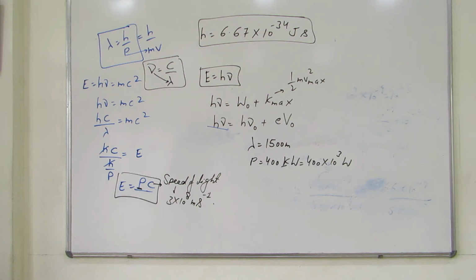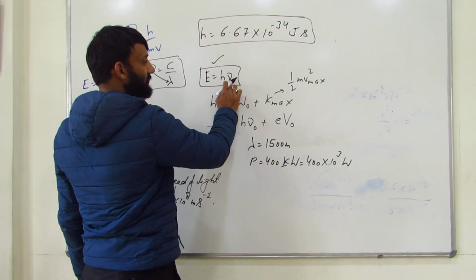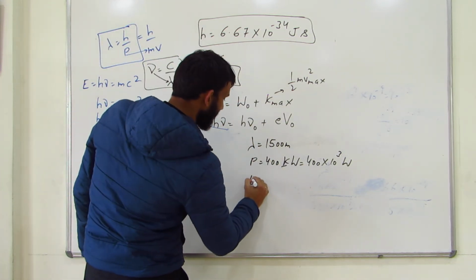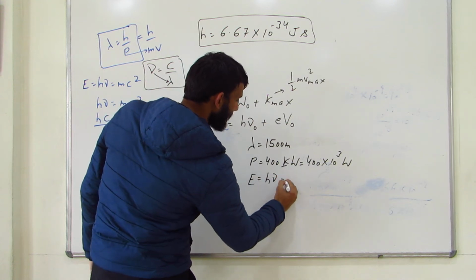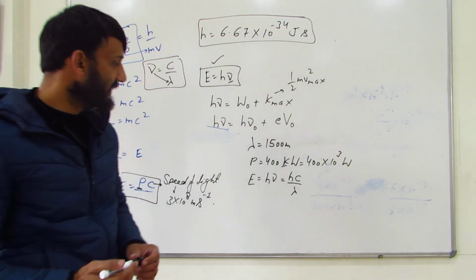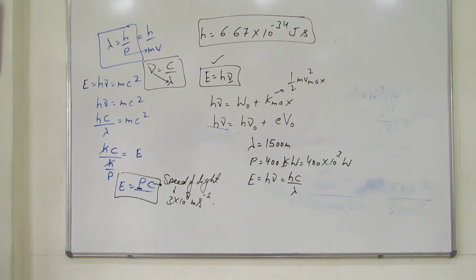And find the energy of the radio photons in joules. You have to calculate the energy of the photons. So the formula for energy of the photons is this, E is equals to h nu. As I told you, nu I can write C by lambda. So E is equals to h nu, further, nu is C by lambda. C is the speed of light, which I know. Lambda I know. H I know. And I can easily calculate energy. So this power they have given just to confuse and nothing else.